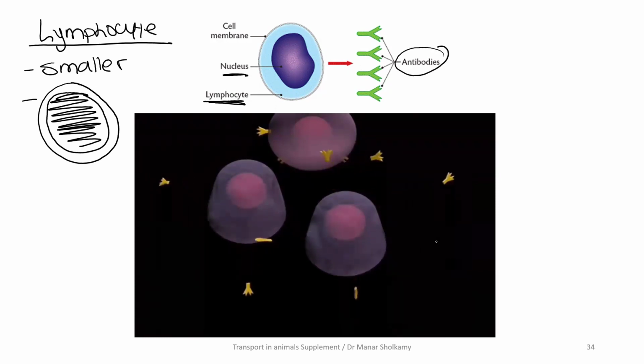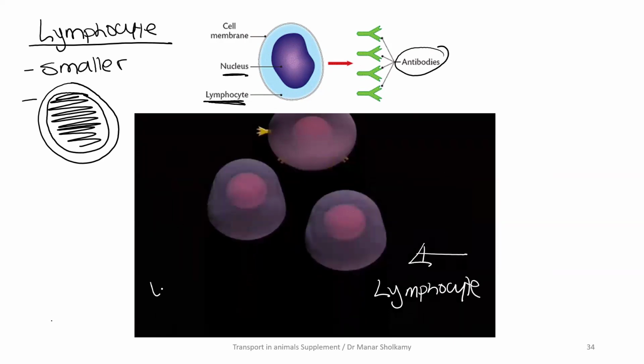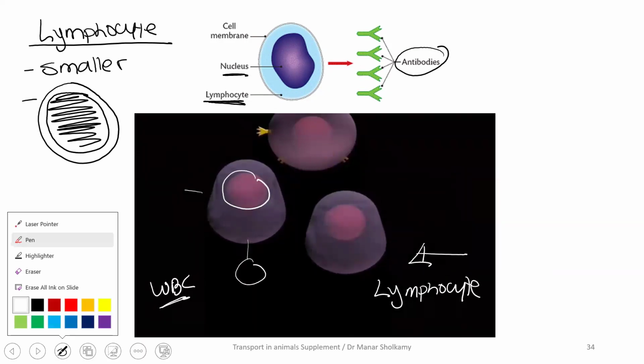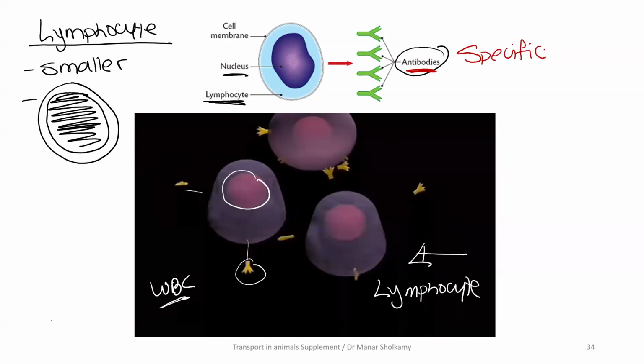Can you see the cell? See? Let me change color. Here, this is my lymphocyte. A lymphocyte is a type of white blood cell that is smaller than the phagocyte. It has a large central nucleus, and it doesn't run, and it doesn't swallow, and it doesn't do phagocytosis. It does something else. It releases those yellow structures that you see here that are called antibodies. It produces antibodies, and these antibodies, they go and attack the bacteria or the virus. These antibodies are specific. In other words, they only attack one type of bacteria or one type of foreign body, regardless of what it is.